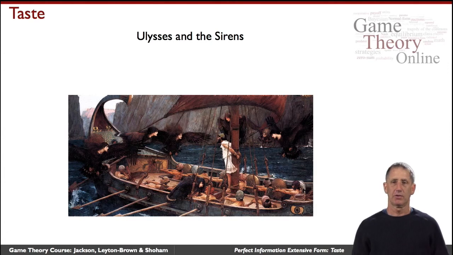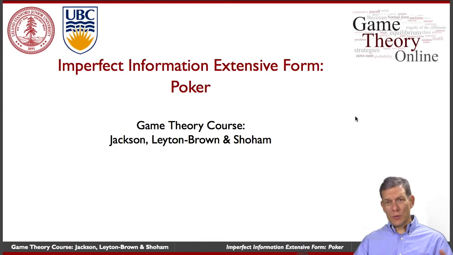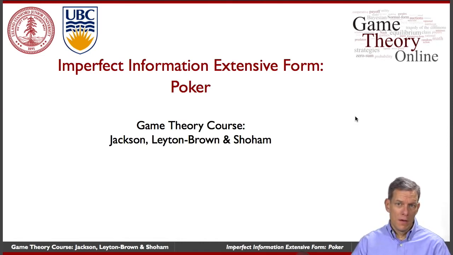To model such situations, we turn to games in extensive form, as the term is called, sometimes simply known as game trees. Hello again, folks. So this is Matt, and we're talking about imperfect information in the extensive form now. So we're going to be talking now about games where we have some sequential moves, and there can be some uncertainty in players' minds about both the possible payoffs of others and the strategies that others might be following.